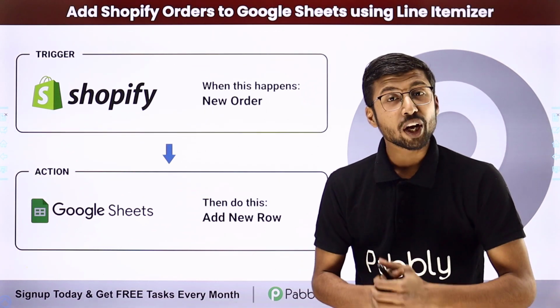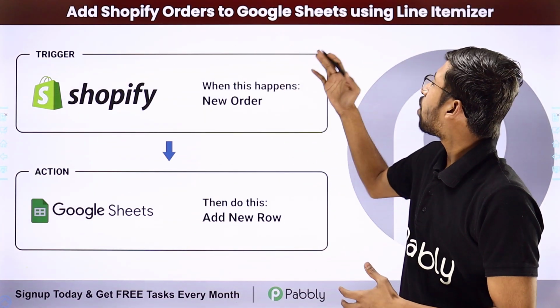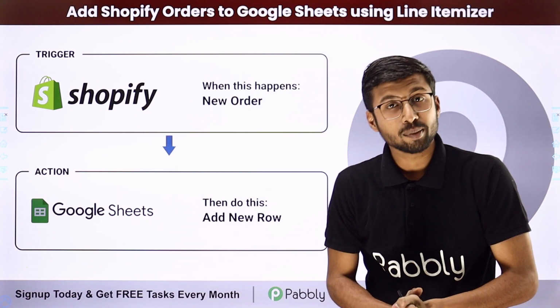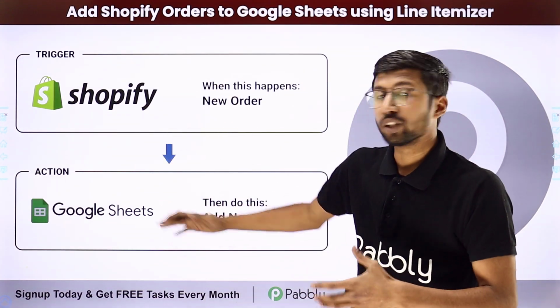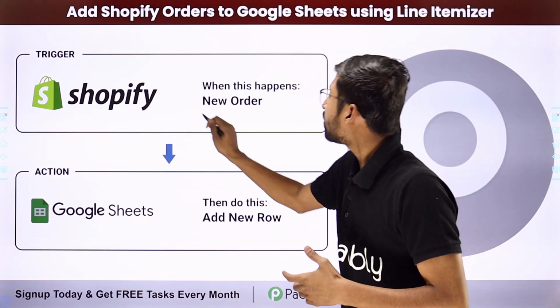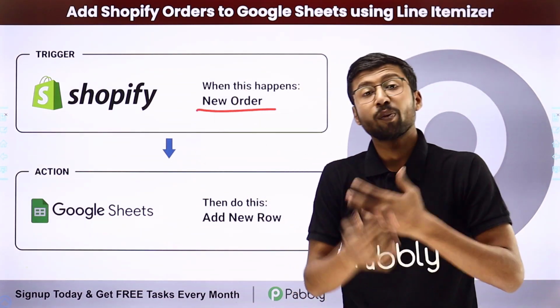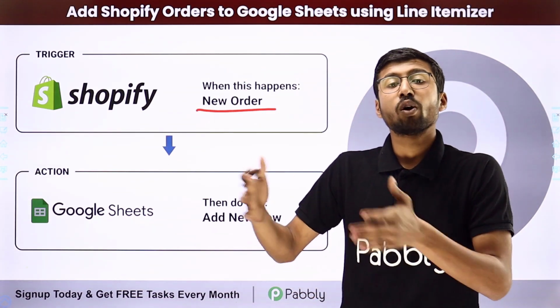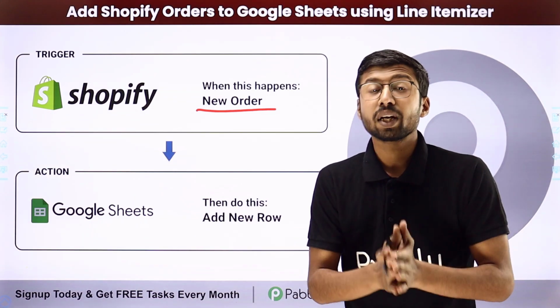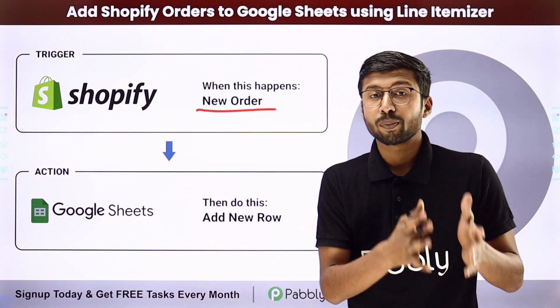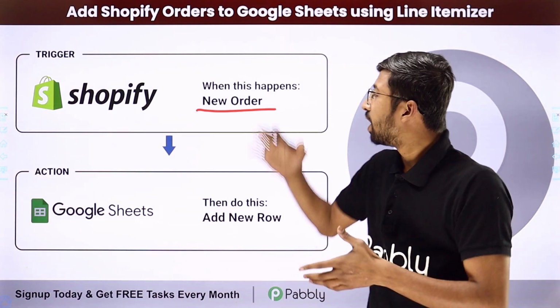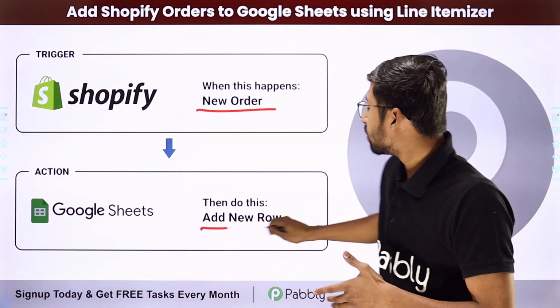So in this video, we are going to learn how to add Shopify orders to Google Sheet using Line Itemizer. We are going to set up an automation between Shopify and Google Sheet in such a way that whenever we receive a new order in our Shopify store with all the details of all the products, for example, if the customer has ordered multiple products in multiple quantities, with all of those details, all the product name, product price and quantities, we are going to add the new order details into a Google